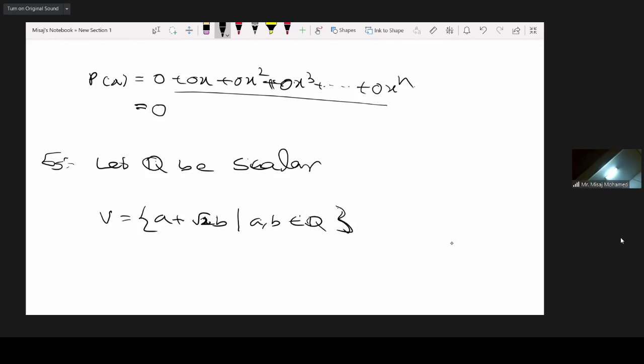A and B are rational numbers, so the form is a plus root b. So here the scalar field is Q. Is V a vector space